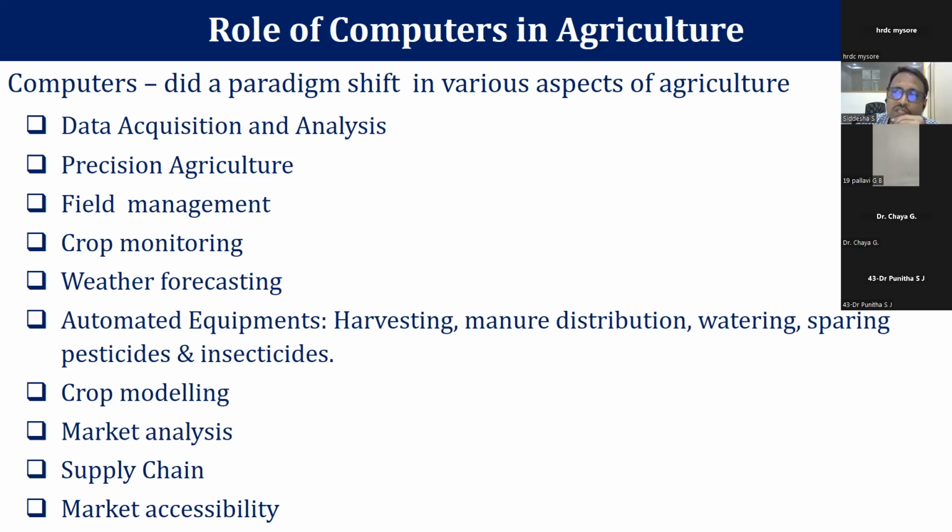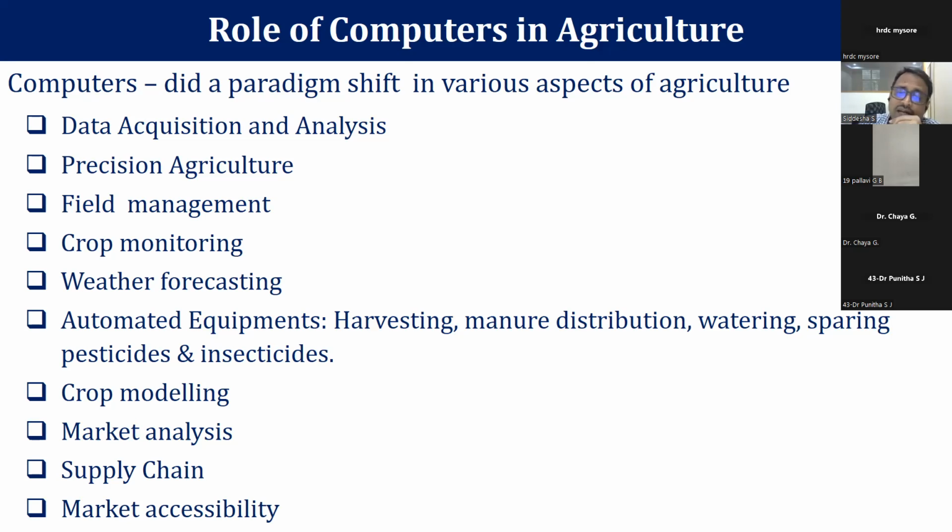So many times with onion and tomato, we may be hearing from farmers that they are selling it for 10 rupees per kilo, but in the market it is 50 rupees per kilo. There is no proper supply chain. Even that needs to be addressed, and computing technologies play a vital role in this case.